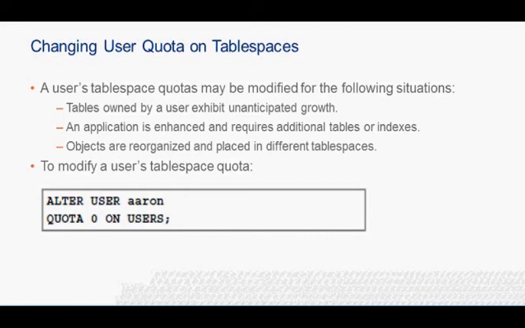Once a quota of 0 is assigned, the objects owned by the user remain in the revoked tablespace, but they cannot be allocated any new space. For example, if a table that is 10 MB exists in the tablespace users and the user's quota on that tablespace is altered to 0, no more new extents can be allocated for that table. Any unchanged options remain unchanged.